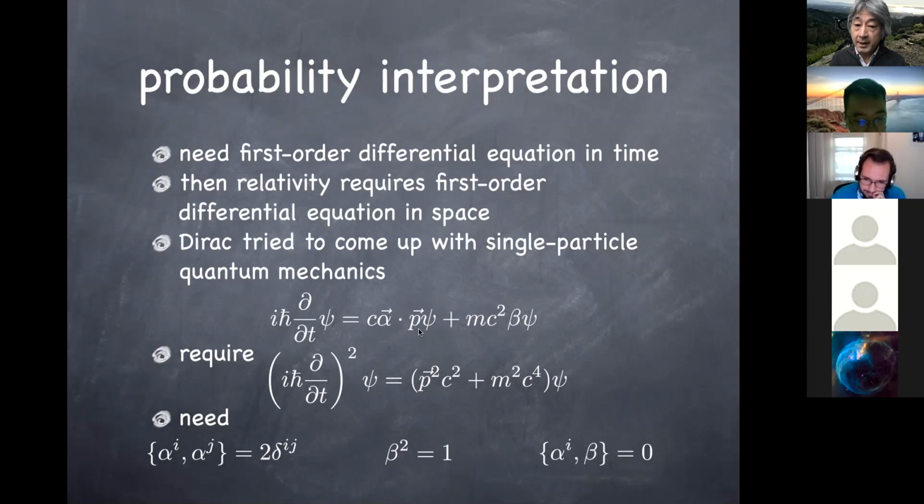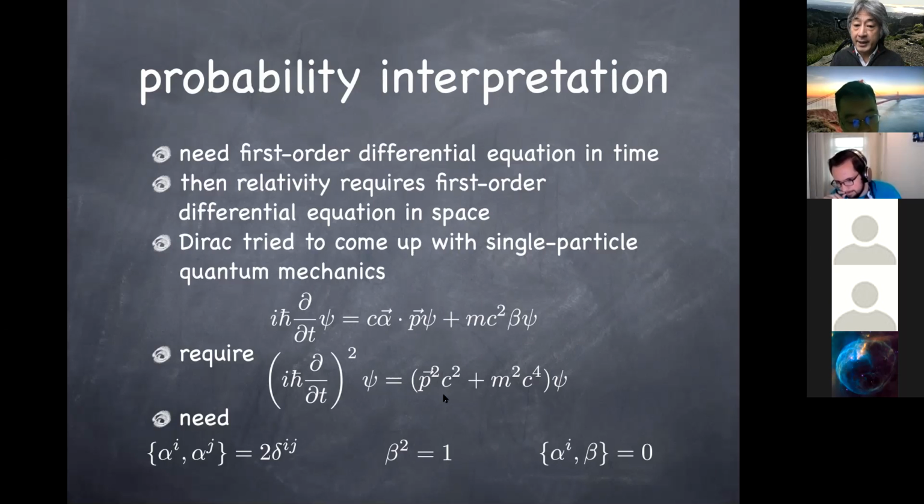But the cross term comes with this coefficient alpha_i alpha_j plus alpha_j alpha_i, depending on which order you multiply them. That's nothing but this anti-commutator. If this anti-commutator vanishes when i and j are different indices, then you can make sure that the cross term between p_i and p_j vanishes on the right-hand side of this equation. So this anti-commutation relation is what guarantees that the p_i p_j term vanishes when i and j are different indices.